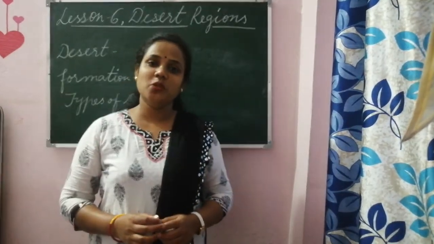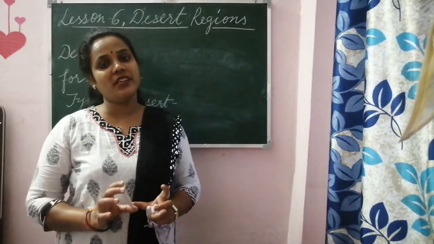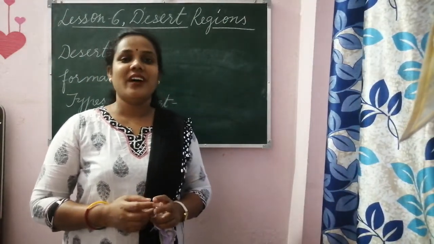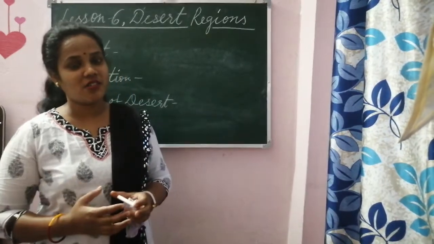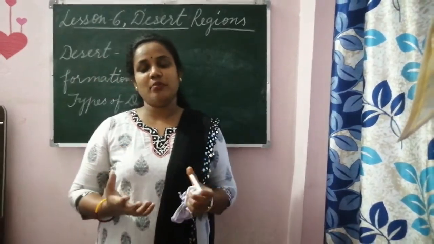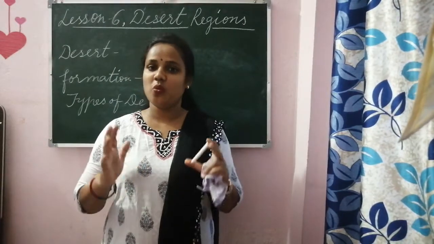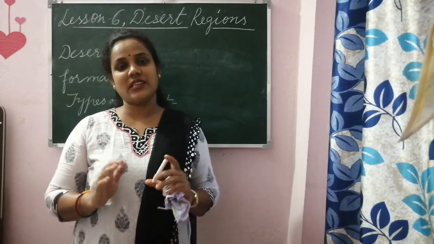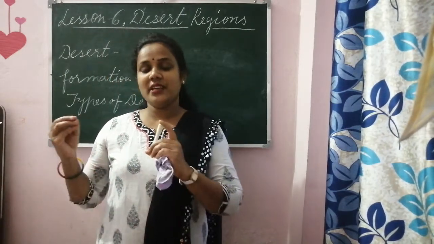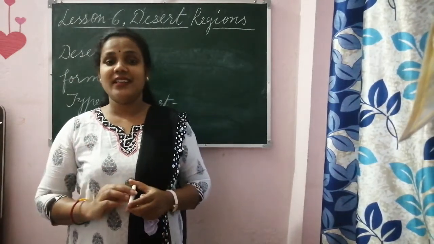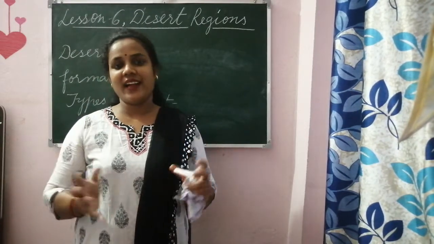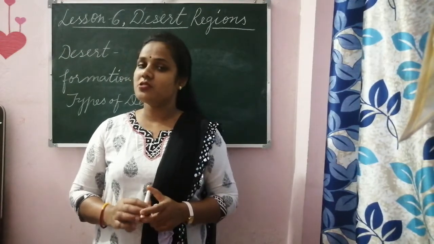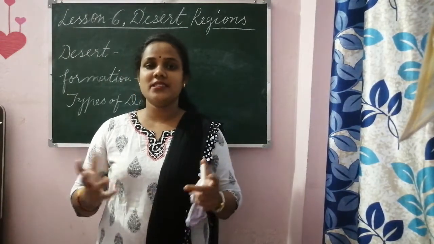If you look at the globe, you will see mostly the globe is in which color? Blue color. Why? Because we learned in previous classes that it looks blue because of the presence of water. I had told you 71% of the earth is covered with water and the remaining 29% is land. So in that land area, dry area, we have deserts also. So what is a desert?